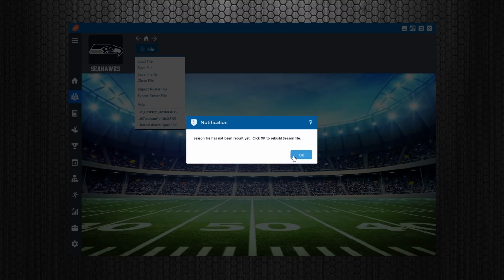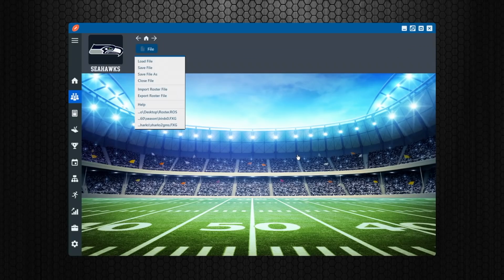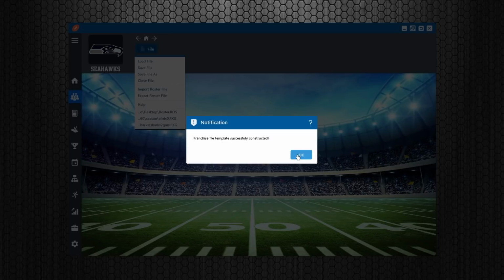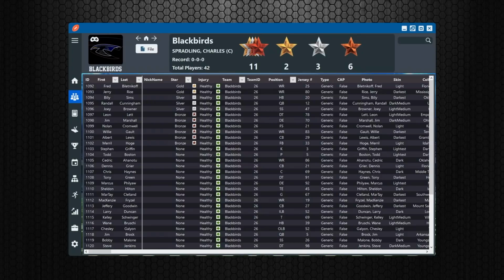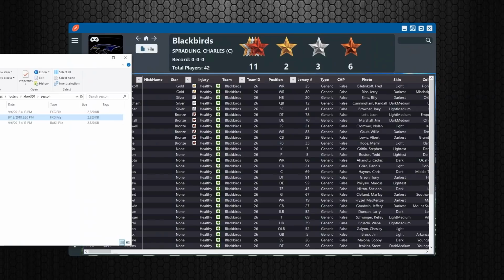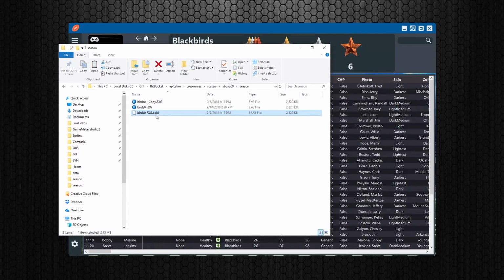And it's the Blackbirds. It's going to ask you, because remember, it's a file straight from the system, do you want to rebuild? You have to rebuild, basically. You can't hit yes, no, cancel. You have to rebuild. You hit OK, it rebuilds. When it rebuilds, though, it's going to save a copy of that file, right? So wherever you have your files, you're going to see a backup copy. It's going to look like this, .back